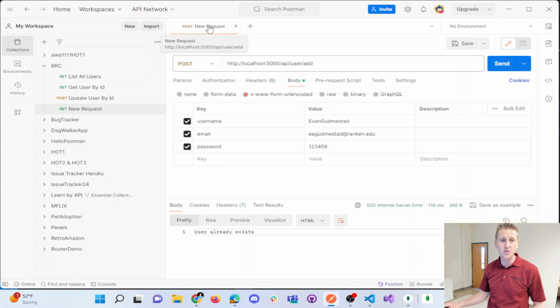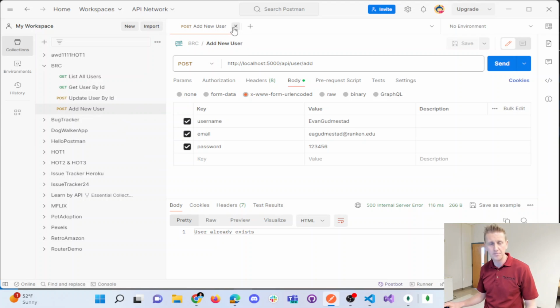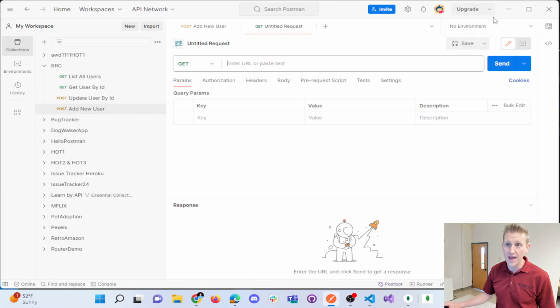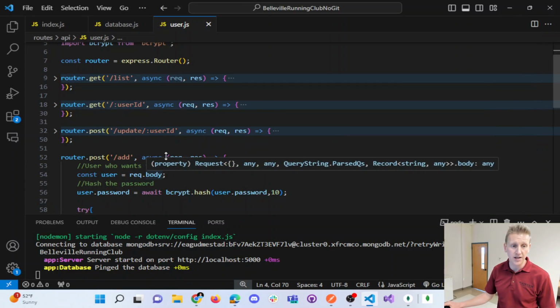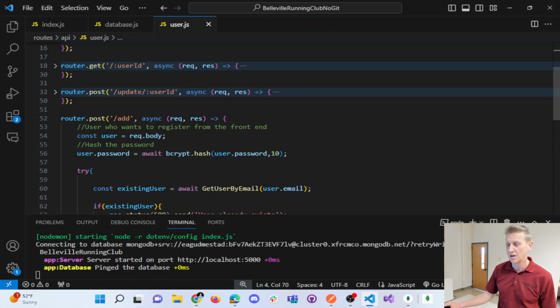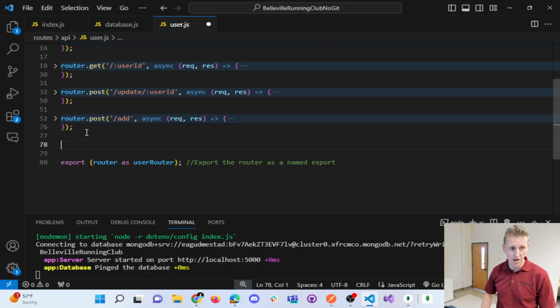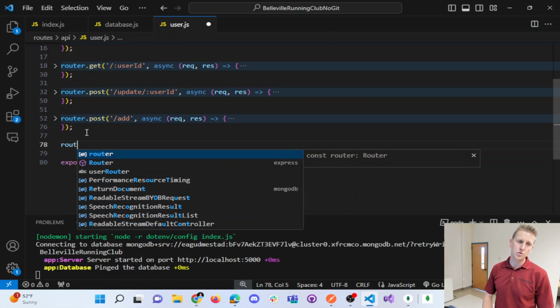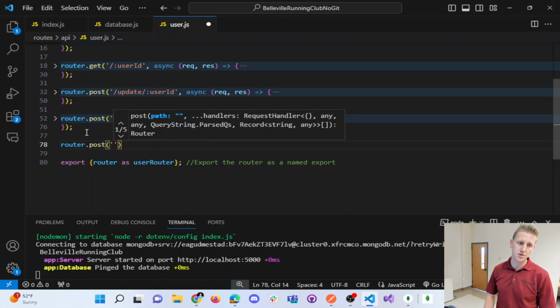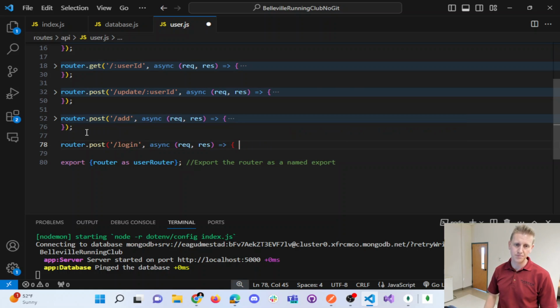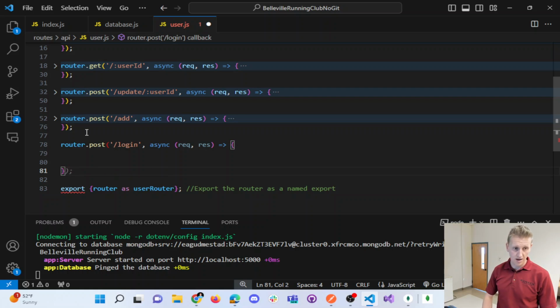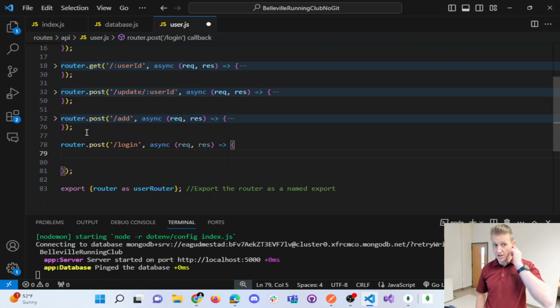And so on this new request, I'm just going to call this add new user. Okay, and save that up. And now we need to log in our user. And so with a login route, I'm going to do a router.post /login. Okay, now on my login route,